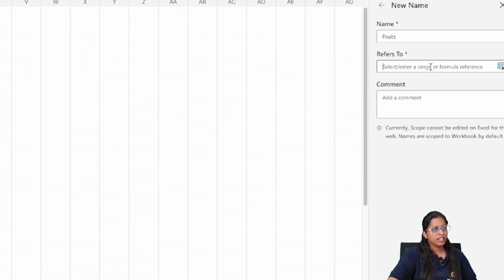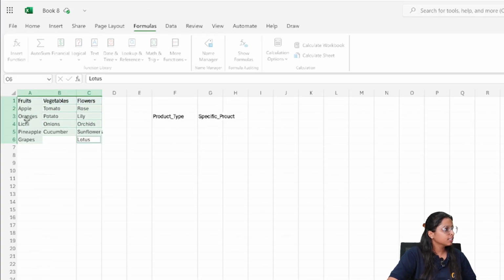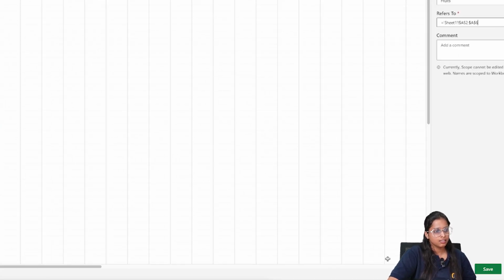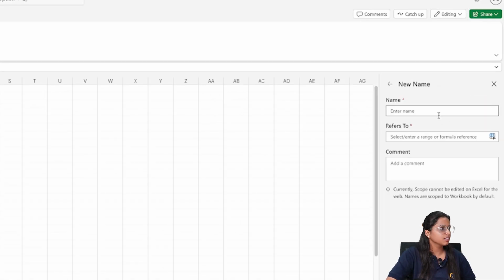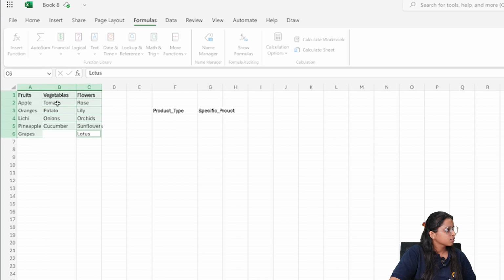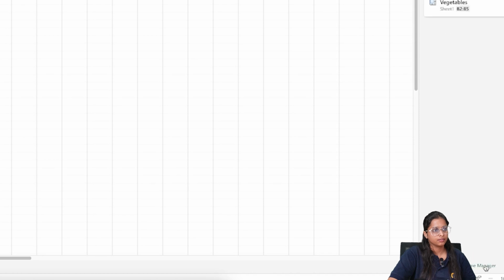Then in refer to, we'll select the column from A2 to A6 and we'll save. Now we'll do the same for vegetables and flowers. We go to refer to, select B2 to B5 and save.